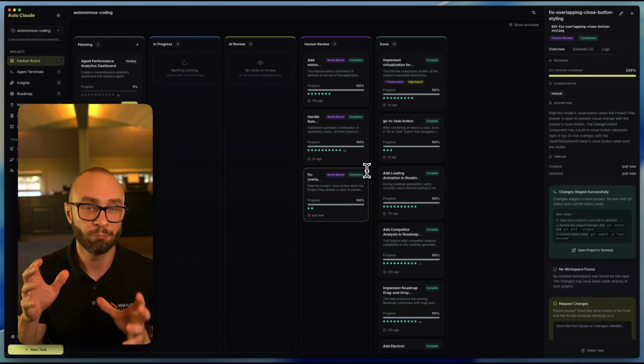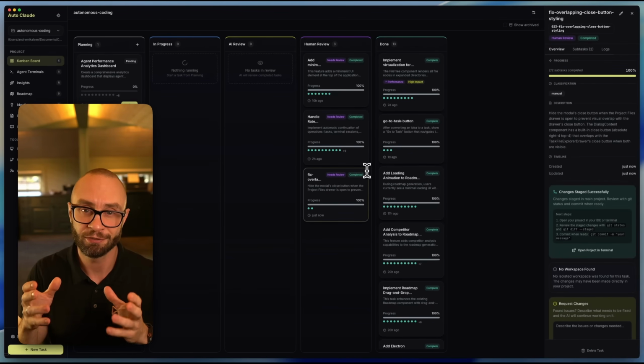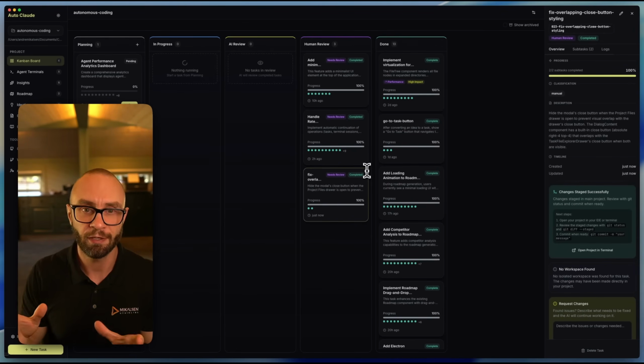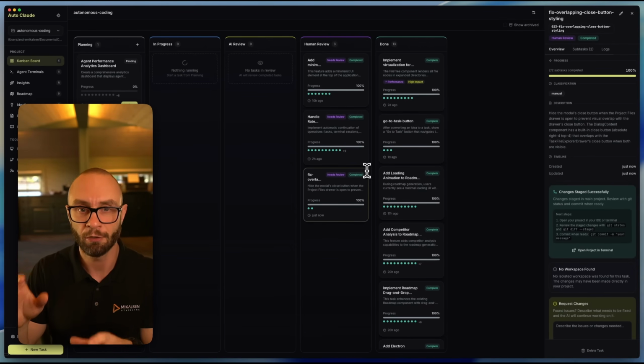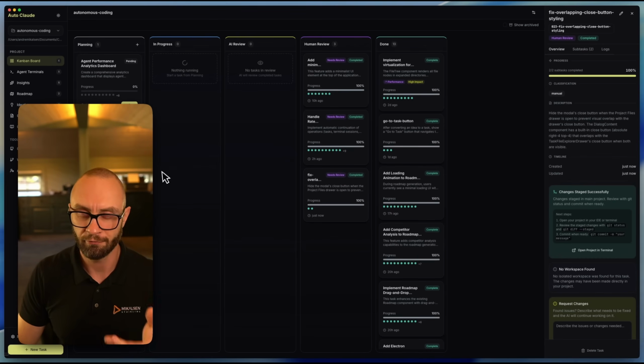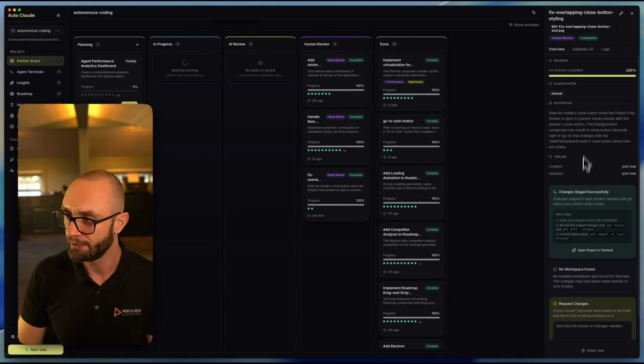So if there are any merge conflicts, and this is something I really appreciate, the merge conflict AI layer fixes merge conflicts automatically. So you can work on a lot of tasks and also work manually in other branches, and the system will follow along as files evolve. But we can now go and see if this is successful.